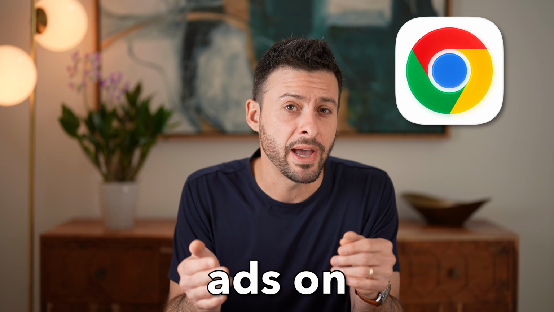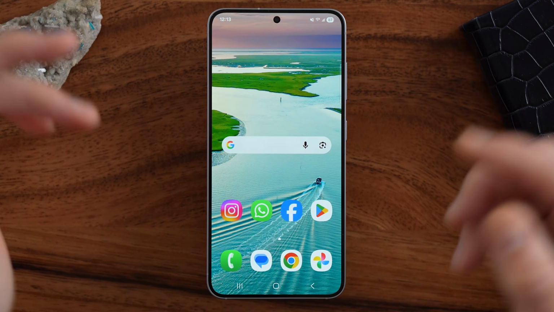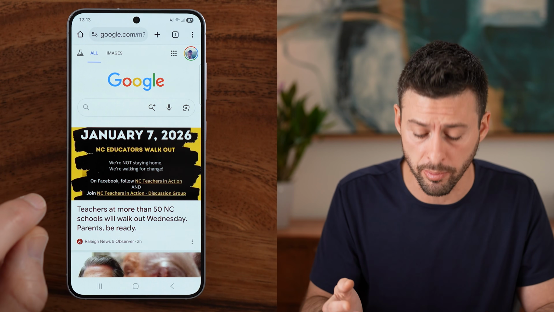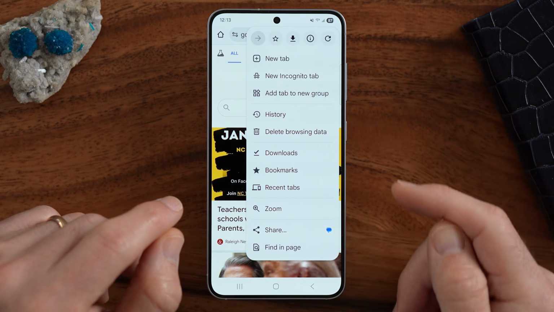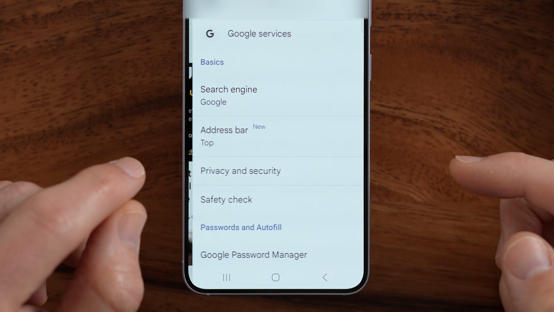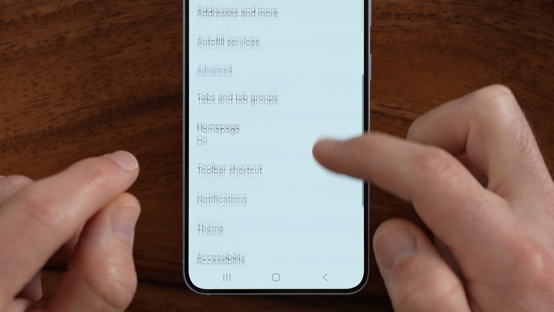Let's stop pop-up ads on your Android phone. Now, the first thing we'll do is go into Google Chrome. This is most likely a big culprit for you. We can stop all of those pop-ups in addition to notifications by getting into the settings and then going to